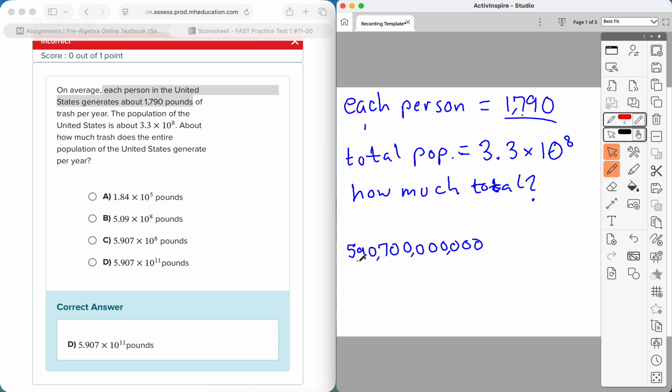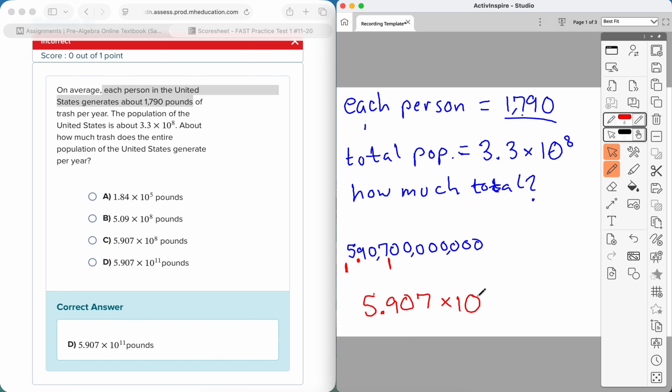scientific notation always starts with a number lower than 10, like between 1 and 9. So I'm going to make this 5.907 and so on. 7's the last significant digit, so I'm going to only include these numbers from 5 to 7, and then you'll see. So 5.907. And so now to deal with all of those zeros after it,